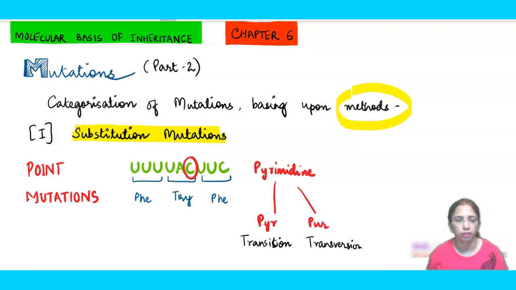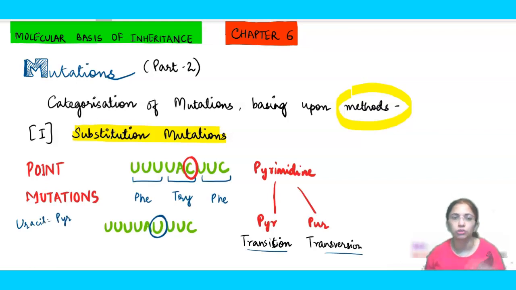So let's talk about it. The initial sequences will remain the same. So this will remain UUU, and let's see first UAU is formed. That means what have I done here? Please write in the comment box. If I have used U here, what have I done? Transition or transversion? Remember how to find it? Uracil is an example of what? Pyrimidine. So initially C was also a pyrimidine. U is also a pyrimidine. So what have I done? We have done transition. Okay.